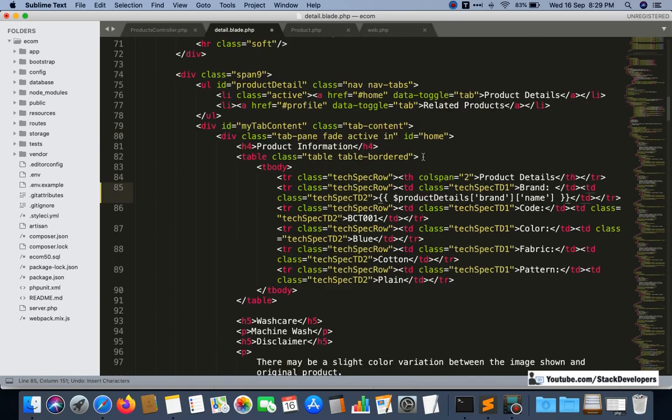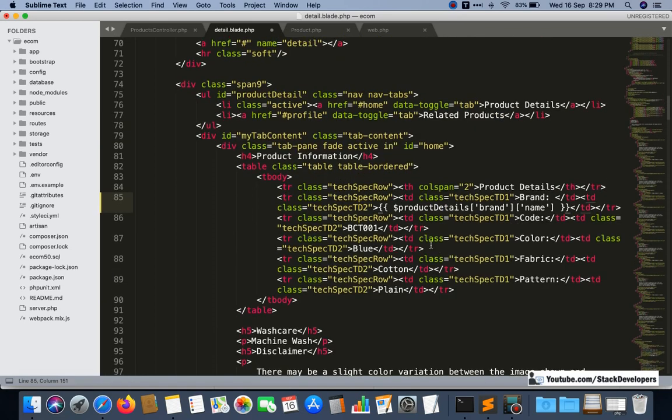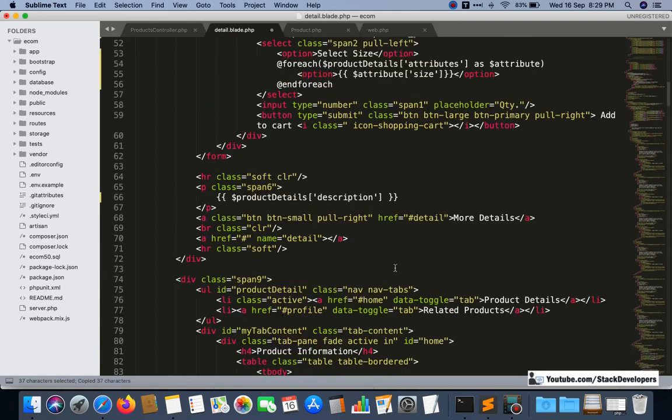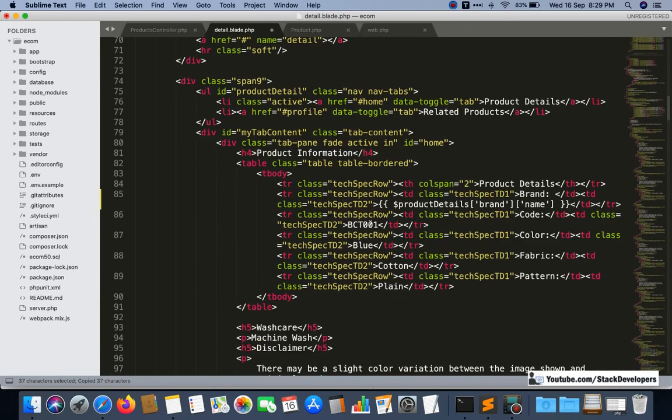Okay, so code, we can copy this one and paste there. Product underscore code. Okay, and color, product underscore color.